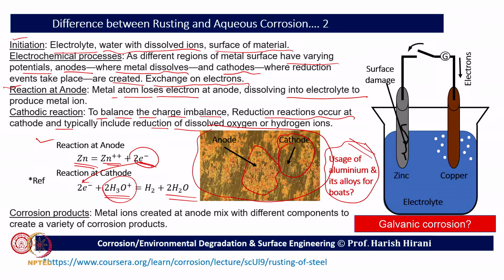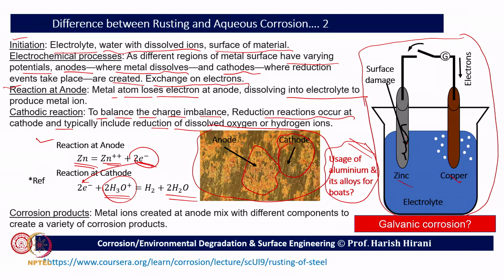While aqueous corrosion, if passivation occurs, that is good. If it does not happen, then we need to worry, we need to think about it. And that's why many times some books try to explain aqueous corrosion with this kind of diagram, or they say the copper, zinc is there, and then the zinc is losing the electron, copper is depositing the electron,